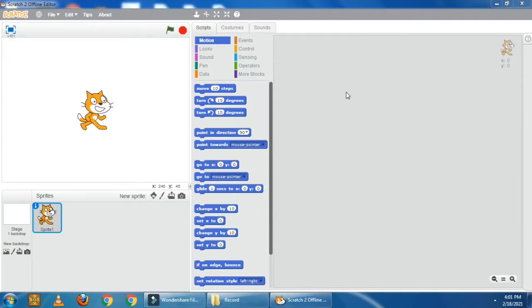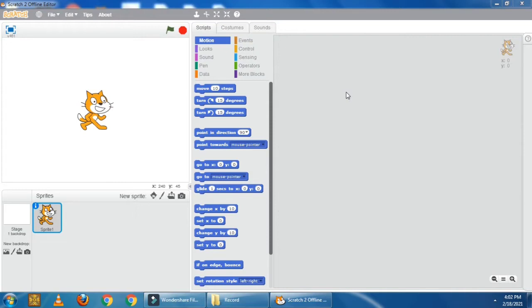In question C, we have to take the user's choice. If the user enters 1, then we have to add numbers, and if the user's choice is number 2, then we have to subtract numbers. So this way we have to take the user's choice first, and as per the user's choice we have to add or subtract the numbers. For that we also have to take numbers from the user for addition and subtraction. This project script is already given in your textbook on page number 80, question C.